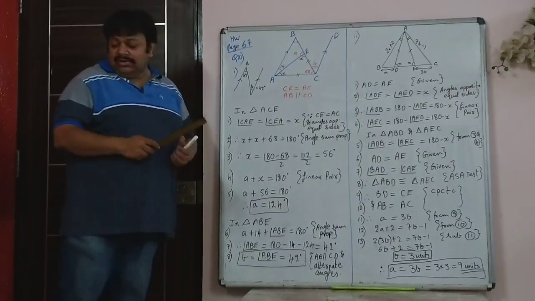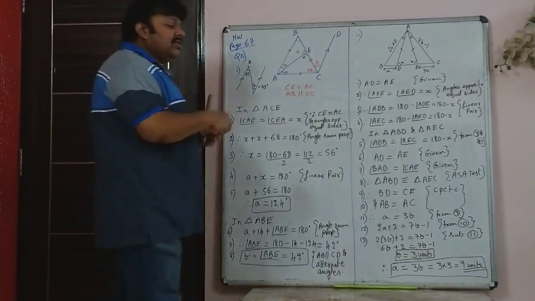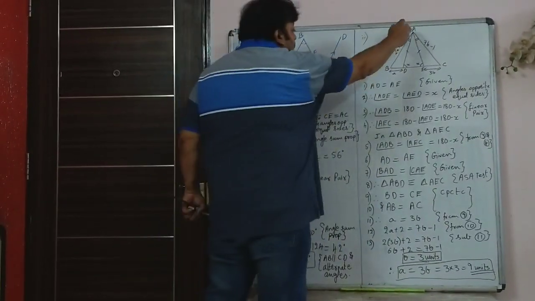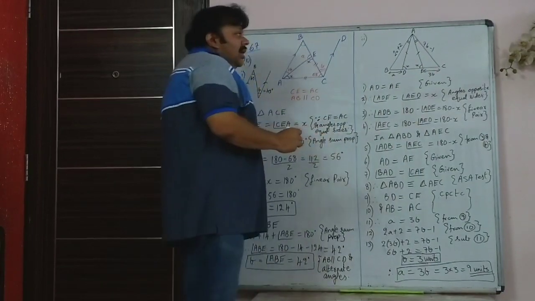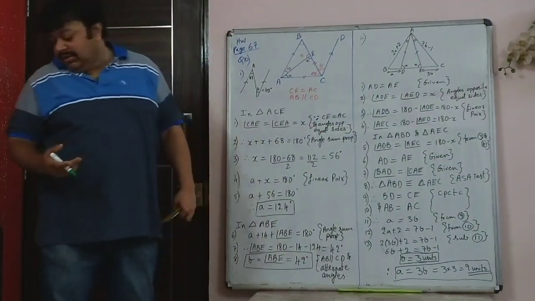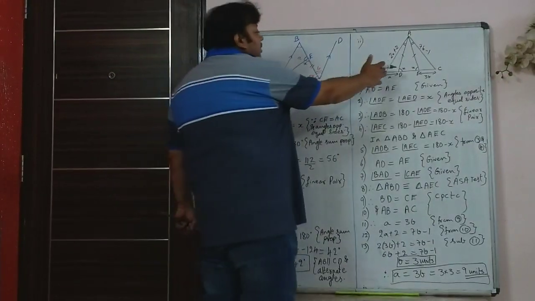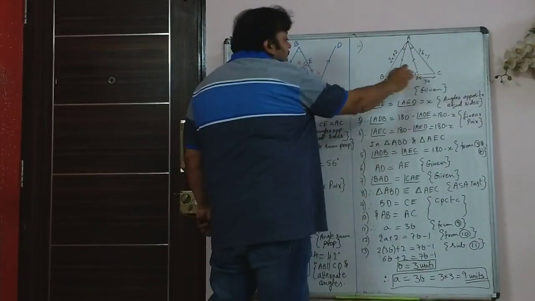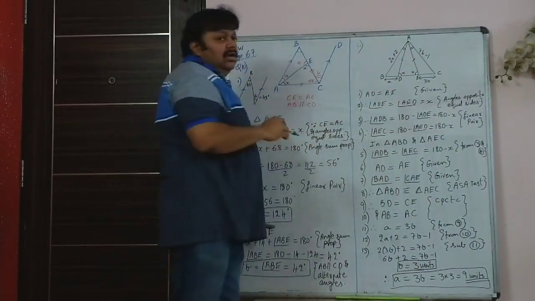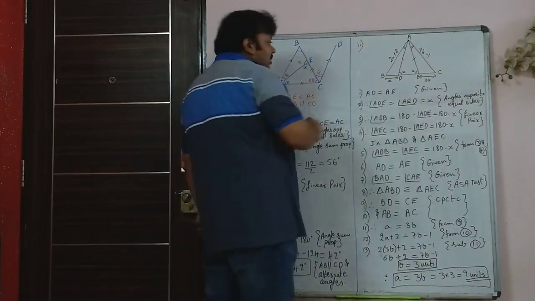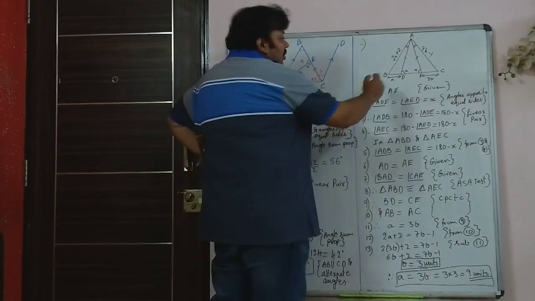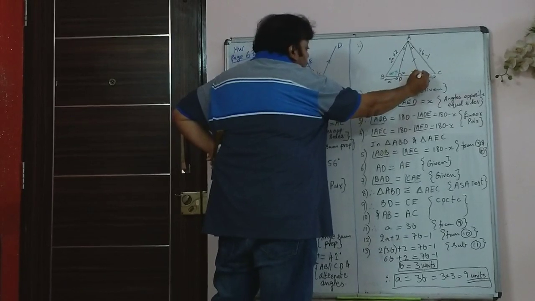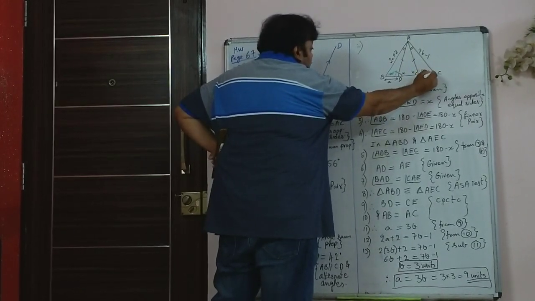Question number 2 is extremely simple. Mark it important because it's usually very simple sums that are asked in the February board exams. You have already been given in the figure that AD is equal to AE. That is marked in the figure. Since AD and AE are equal, the two base angles ADE and AED are both equal, both are X. So by linear pair, these two angles would be 180 minus X. They both are equal, both 180 minus X.